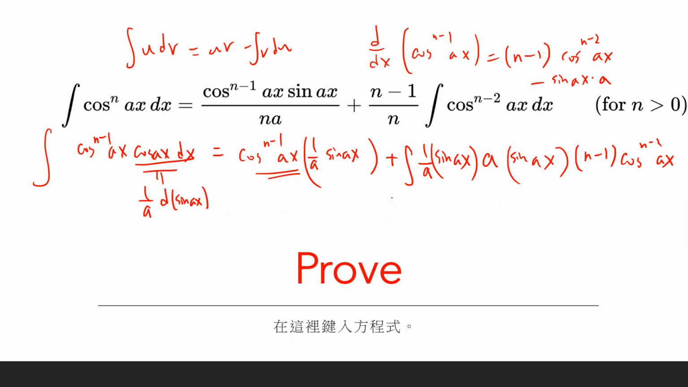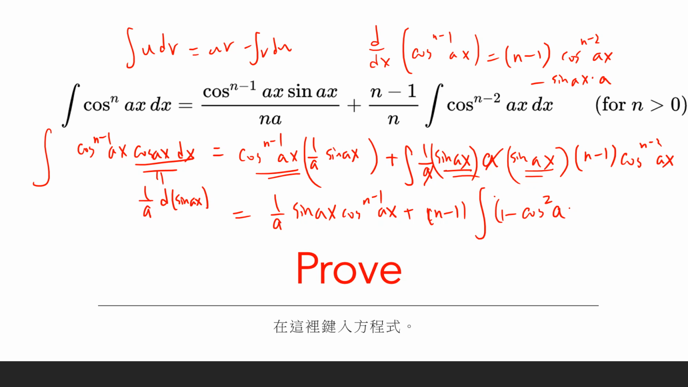So let me just write it. So sine ax cosine n minus 1 ax plus, so delete this a, so this is n minus 1. So there is sine squared, right? So it's 1 minus cosine squared ax, times cosine n minus 2 ax. So it's 1 over a sine ax cosine n minus 1 ax plus n minus 1 times the integral of cosine n minus 2